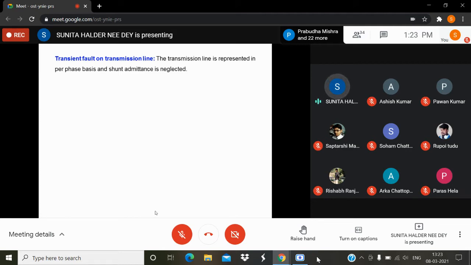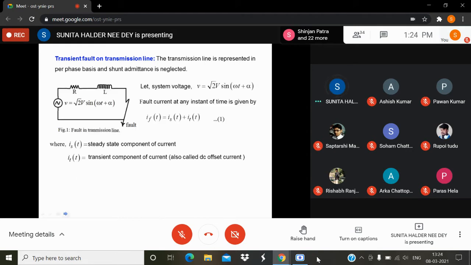Now say a transient fault in a transmission line. Whenever there is a fault, that means current is changing its direction from its desired direction towards some undesired direction. Current would go to the consumer, but it is going to the ground. So the path has changed, there is a switch over. So this is like a transient, and that's why it is called a transient fault. Every fault at first must be transient.